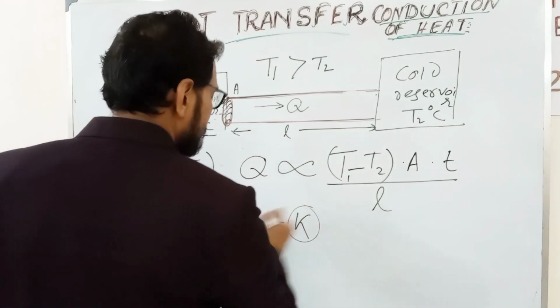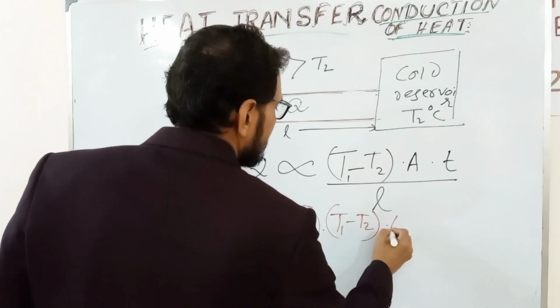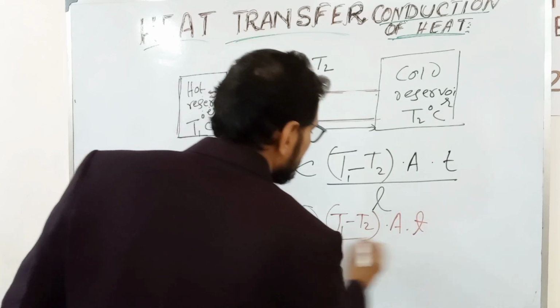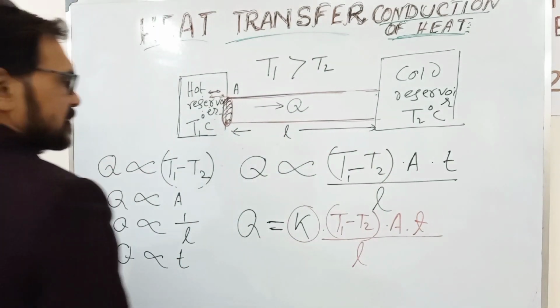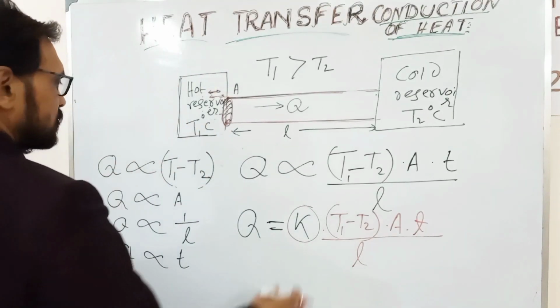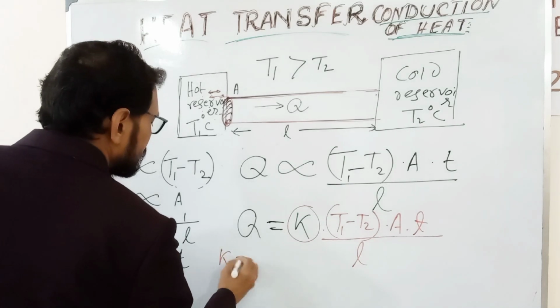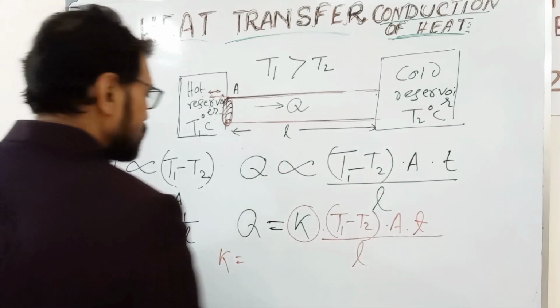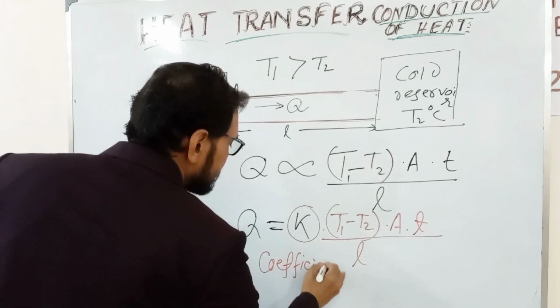This is the important constant term: Q equals K into (T1 minus T2) into A into t by L. Now this constant term is important. This constant term is called